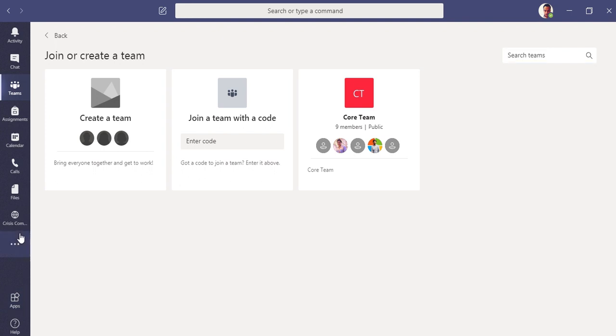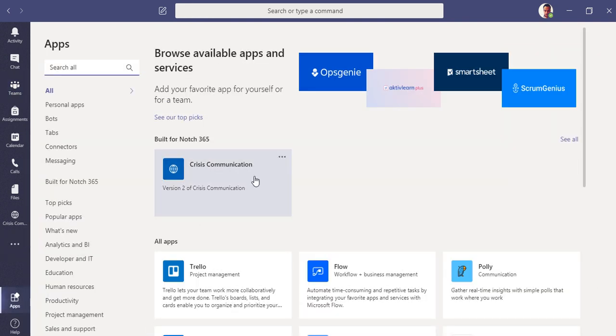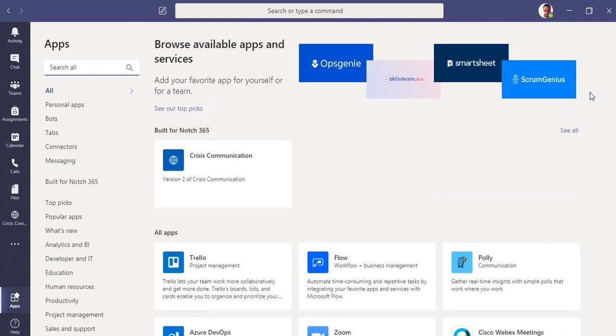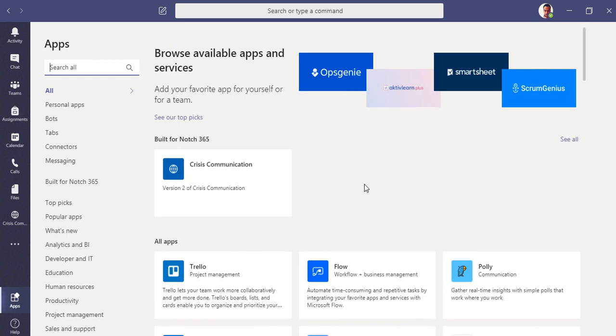In the bottom, you can see other sections, like the three dot ellipsis bar, where you can just allow an app or add an application here. There are lots of application options here. Most of them are from third parties and also from Microsoft. So it is up to your administrator, the Teams administrator, which applications they have allowed. Only those applications will be able to be used. Right now I have allowed almost all applications, both third party and from Microsoft.